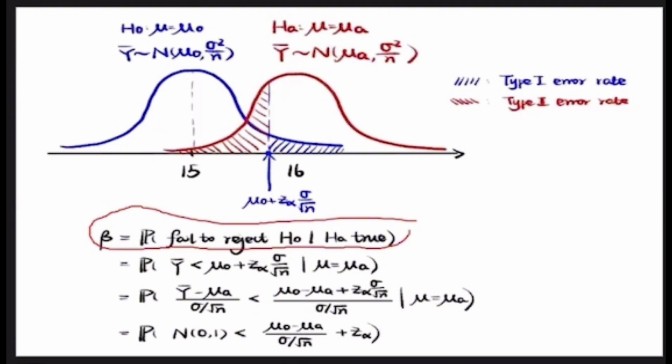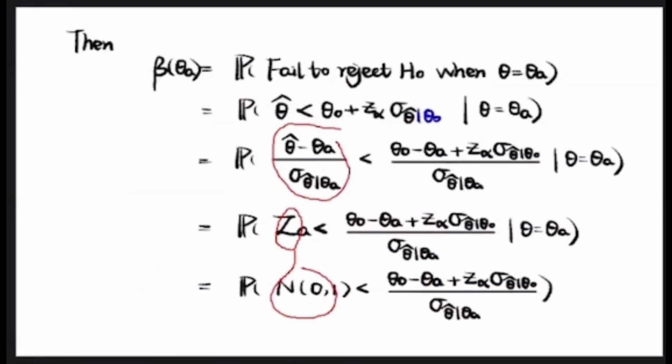Now when you take a look at this, Y bar less than that particular value that we talked about. Any question about that? Do you know what we're going to do now? It will be similar to what we did the other time, where we were subtracting theta A. You remember,